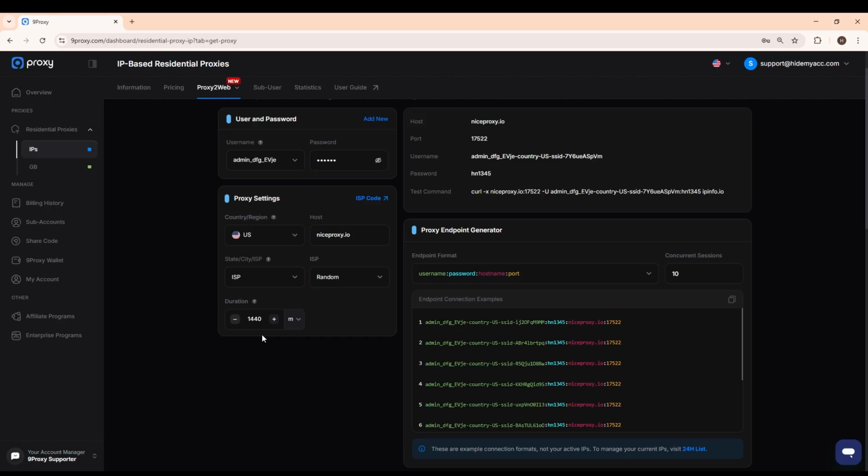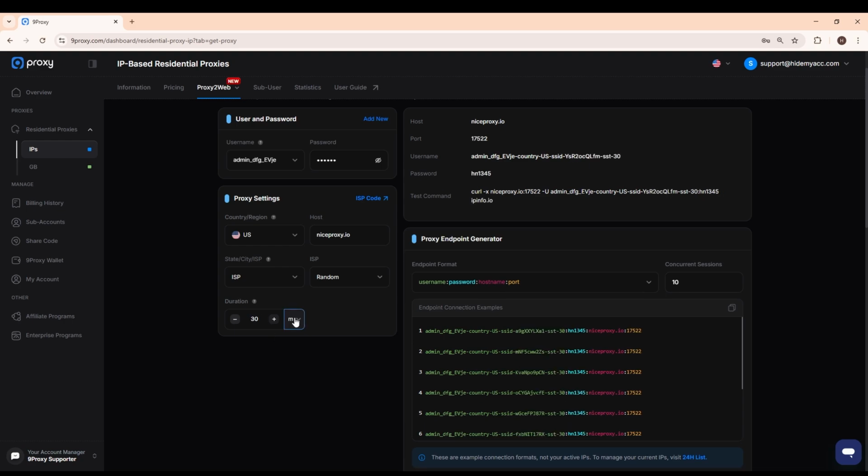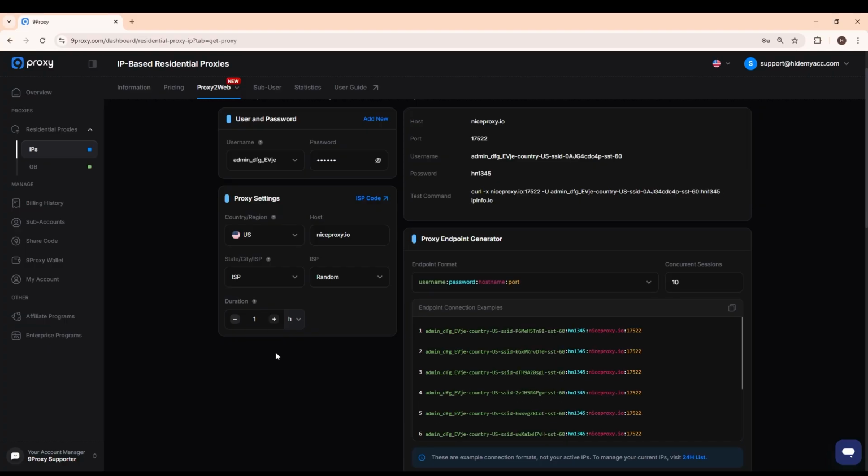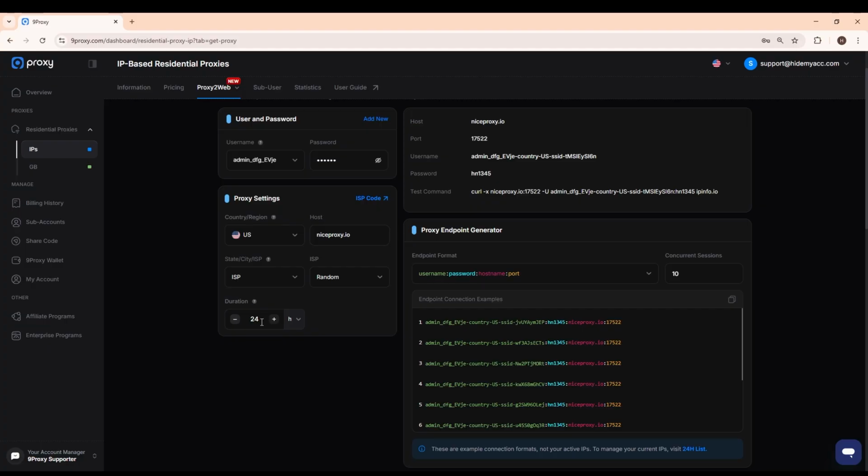Keep in mind that the more specific your selection is, the fewer available IPs you will have. Then, you can set how long to keep the IP in the duration section. If you don't set it, the system will automatically rotate the IP when the proxy goes offline. If you do set a duration, such as 30 minutes or 1 hour, the IP will remain fixed for that